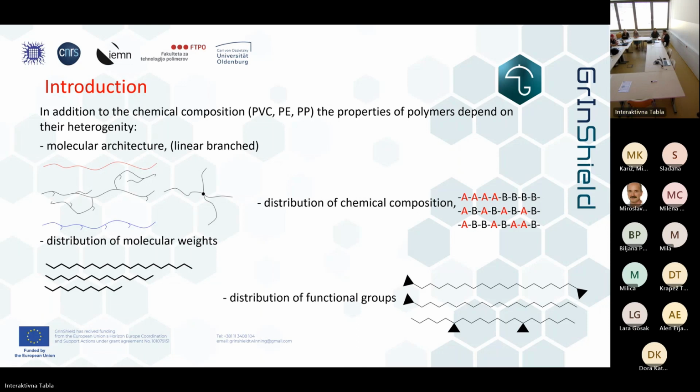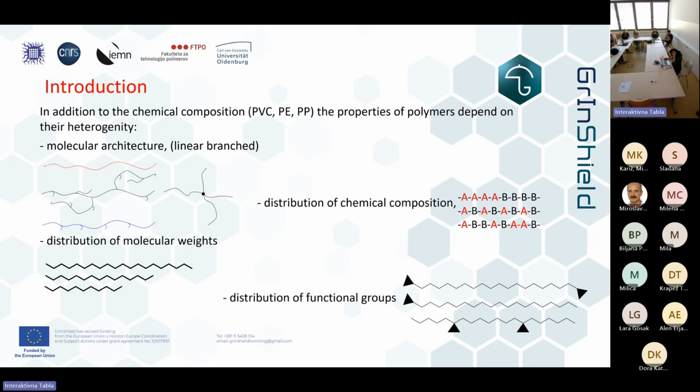So properties of polymers depend on chemical composition. So it's different: we have PVC, PMMA, PP. That's of course normal, but the properties depend also on their heterogeneity. And we have various types of heterogeneity. So one is molecular architecture. We have linear polymers, we have branched polymers with short branches, with long branches, and star-shaped polymers, as well as some other more exotic